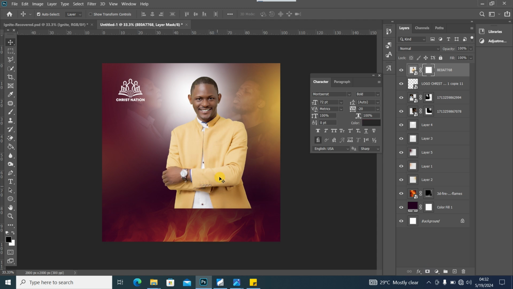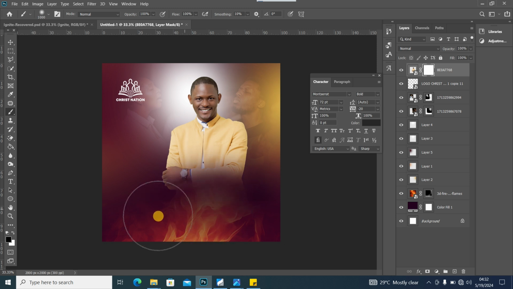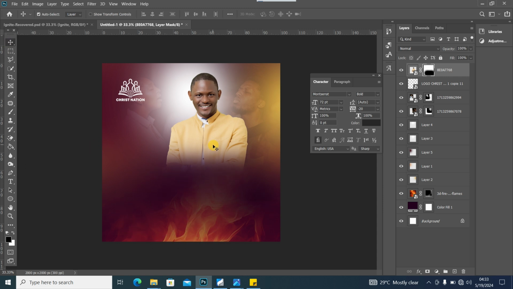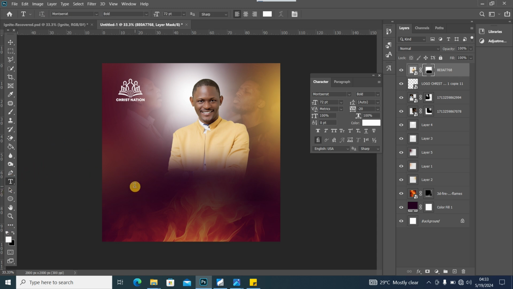I want this down part to blend into the background, so I'm going to use my brush tool, make sure my foreground color is black. I'll go to my layer mask, and I'm going to reduce the size of my brush like this, and I'll just paint on this area like this to blend it with the background. And now, I'm going to move him up a little,